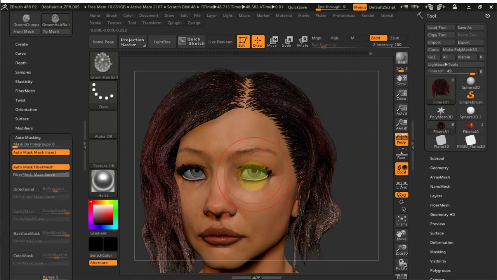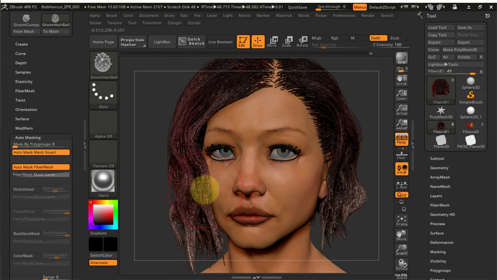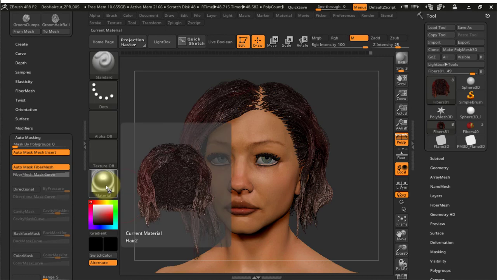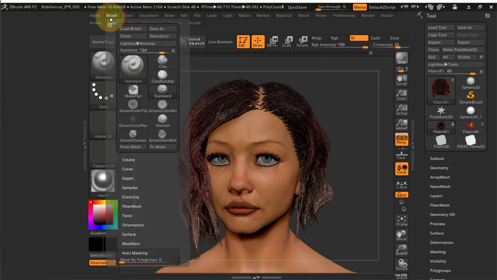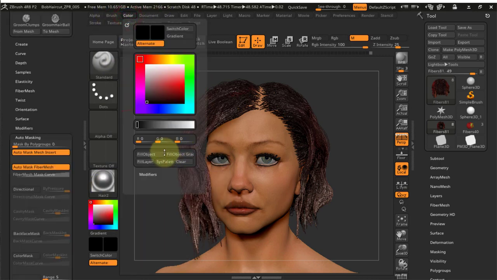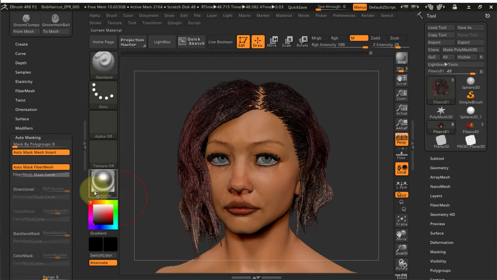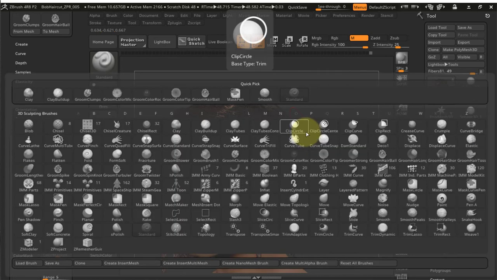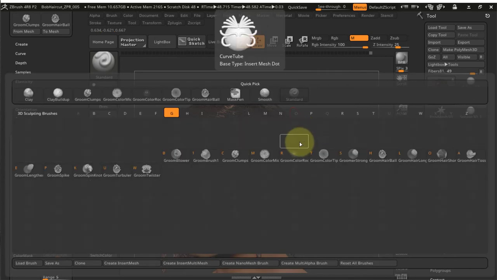We can actually assign a hair. So if this hair material is good, we can go to any type of brush, maybe BST standard brush, and turn off Z add, make it material. Hair 2 is selected, so hair 2, and we can go to brush, and color, and fill object. So now the material is assigned to the hair. And another thing, that BG,